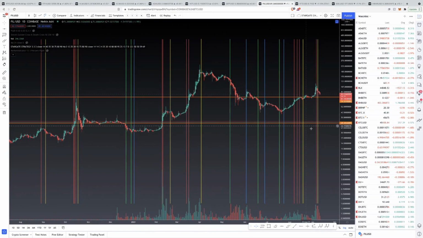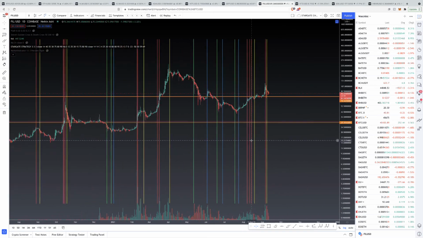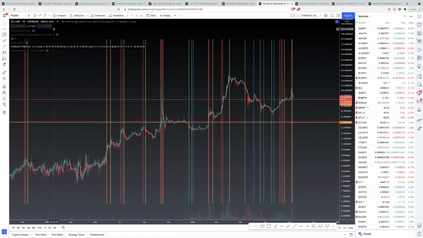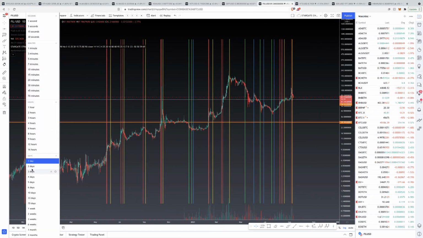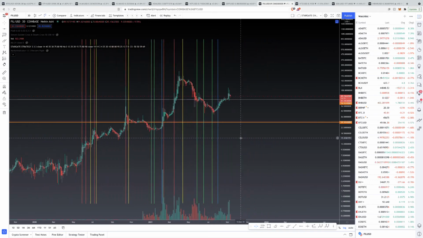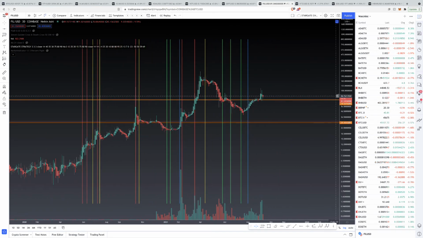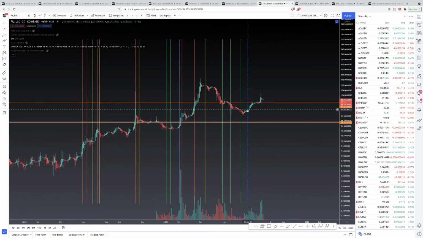So on the daily chart, right? Let me go to 3-day. So we had a 3-day buy confirmation come in there, and we had a sell confirmation come in at the top. So if we look at this pattern, sell confirmation came there, buy warnings, buy confirmation, sell confirmation came there,